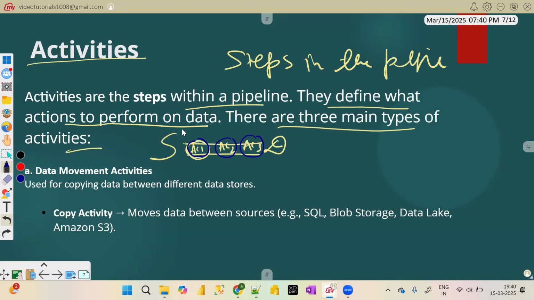They define what actions are to be performed on data. What are the types of actions we want to perform on the data? So this is basically an activity. What is an activity? Activity means